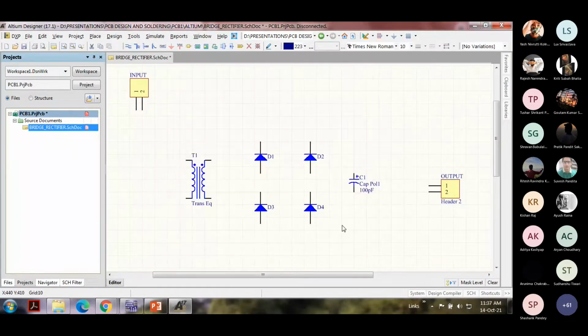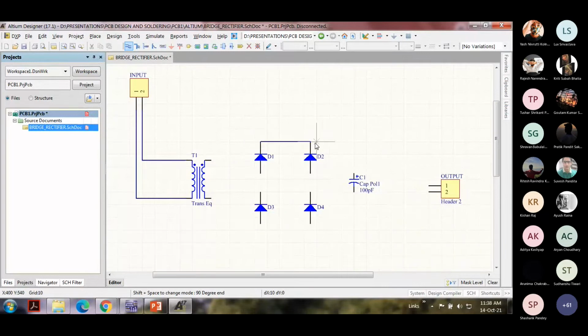Let us wire them up. Now you can use this symbol from the toolbar, place wire. So this is going to be wired up like this. This is going to be wired up like this. Okay, this is going to be wired up. Do it in a better way.